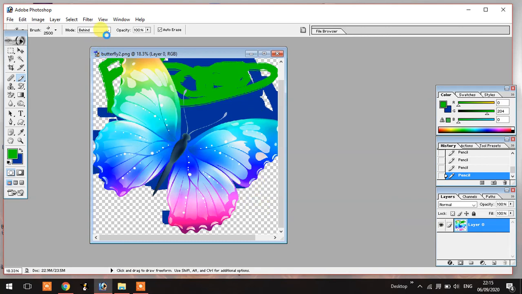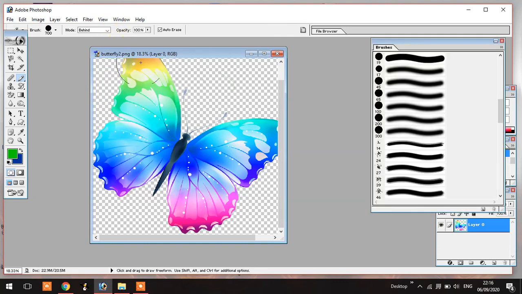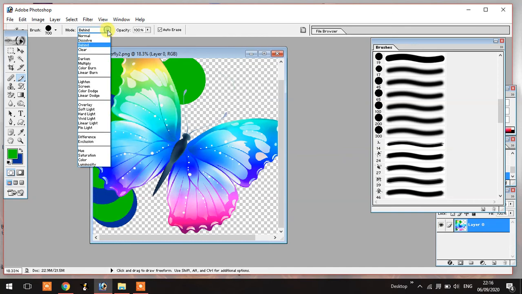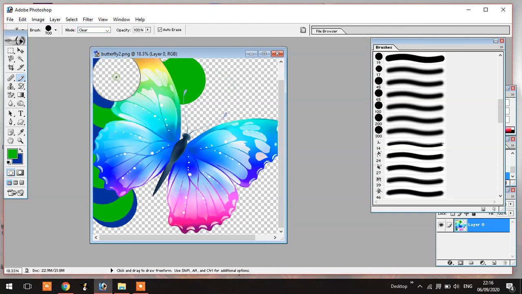Different types of shapes. When you use Behind, it only fills the background color, but when you use the Clear option, it clears everything on the screen.